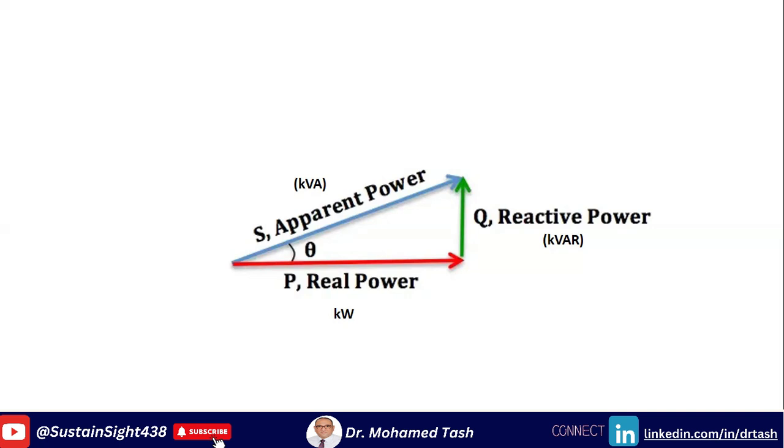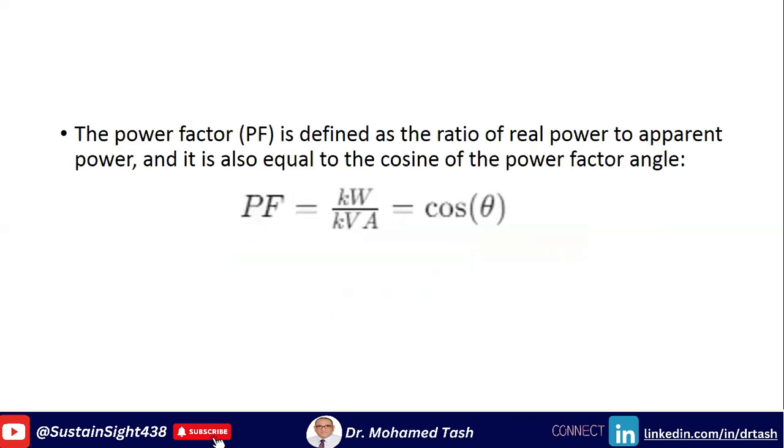In this triangle, the horizontal side represents the real power, the vertical side represents the reactive power, and the hypotenuse represents the apparent power. The angle between the real power and the apparent power is the power factor angle denoted by theta. So the power factor is defined as the ratio of real power to apparent power, and it's also equal to the cosine of the power factor